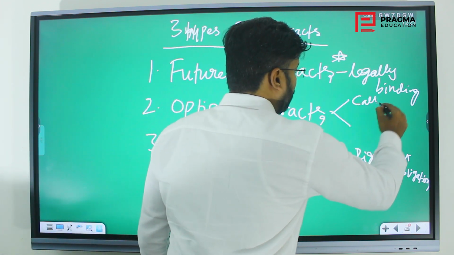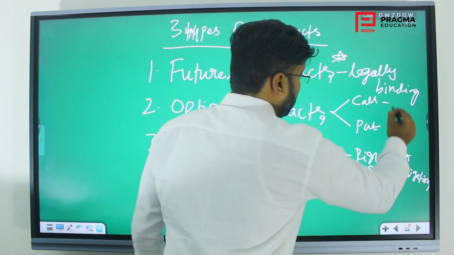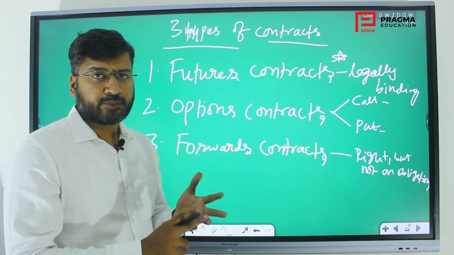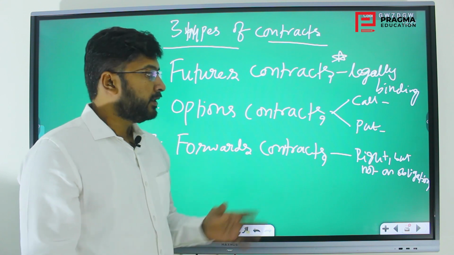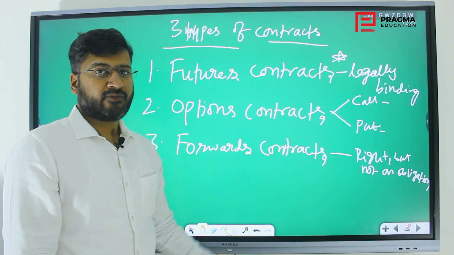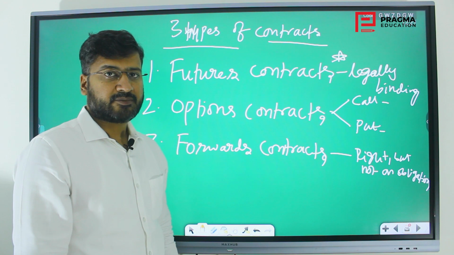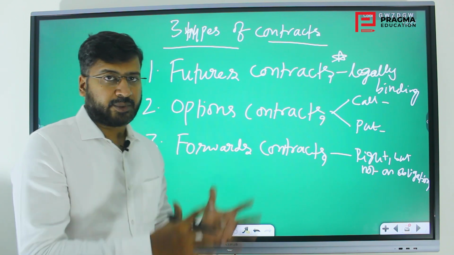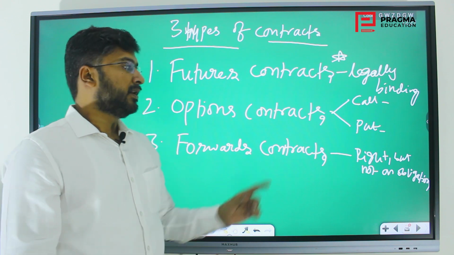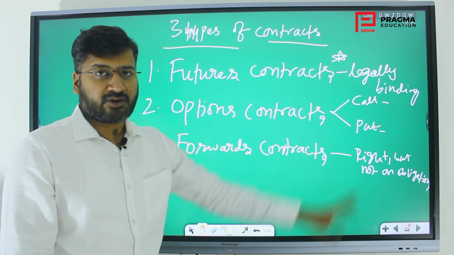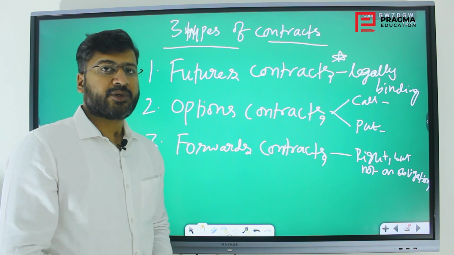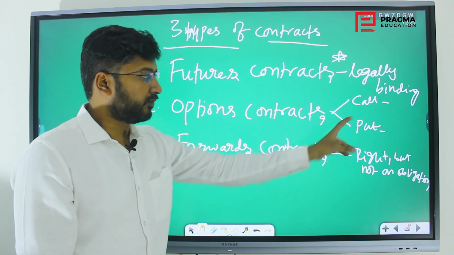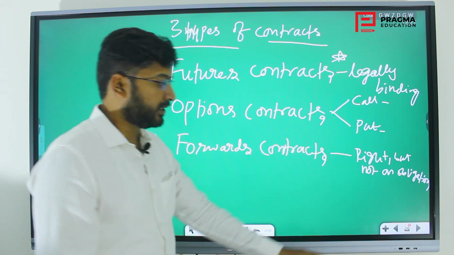That is two types, call option and put option: call option contracts and put option contracts. These are studied in depth for examinations like SEBI. If somebody attempts the SEBI examination for Grade A managers, there will be a separate paper for securities markets, where these concepts are studied very deeply. But for any other competitive examinations, it is essential to know till here what these two options are.